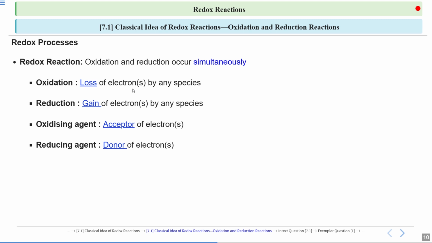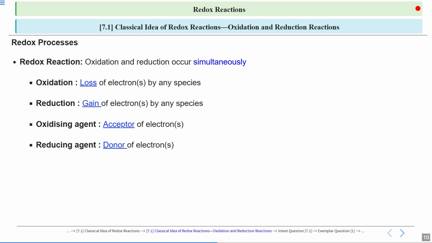So this can be found by knowing the oxidation number of the species. When you have a chemical reaction, you must know their oxidation numbers, or you can calculate them, and then you must look at how they have changed. If you find that there is a change in their oxidation number between reactant and product, that means either they have gained electrons or they have lost electrons, which would directly relate to the oxidation and reduction process respectively.